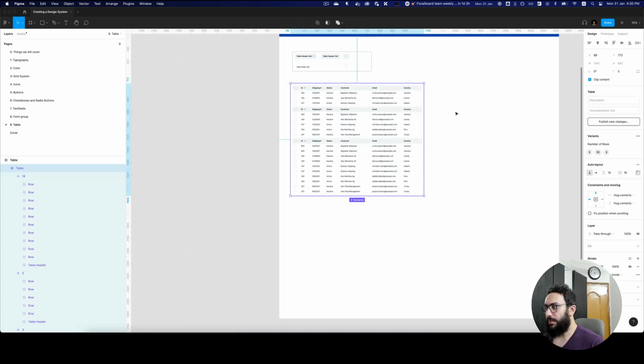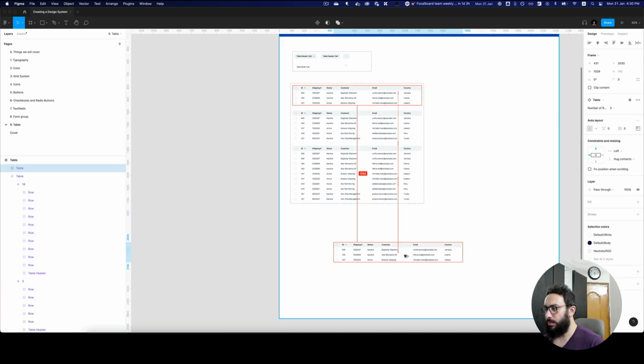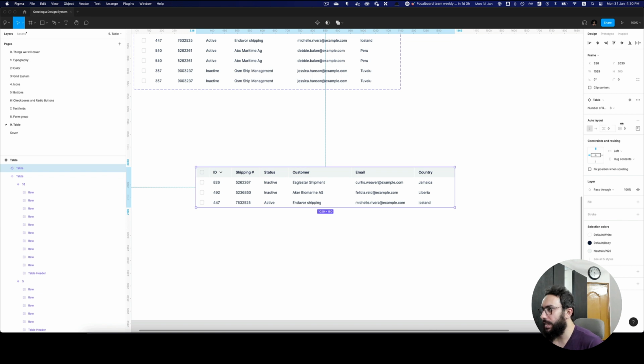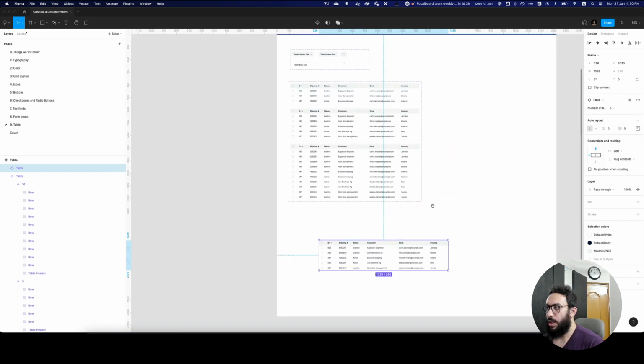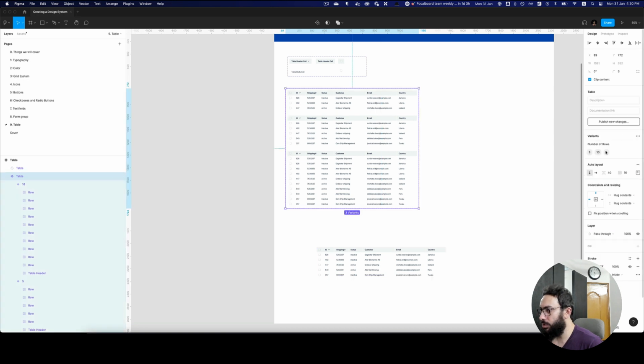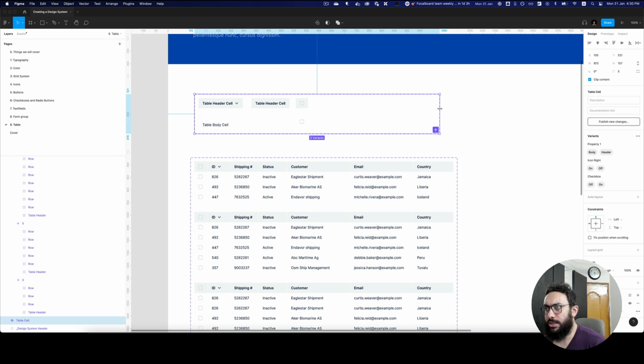So now here we have our component created, and we can just use it anywhere. We just go here and we can drag it, and we can say whether we want 3 rows, 5 rows, 10 rows. One thing obviously that you should do is you should move 3 to the beginning, and that should be it. One other thing that I would like to do is I would like to create another variant